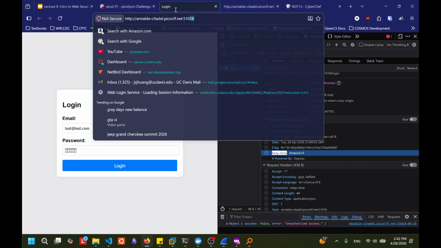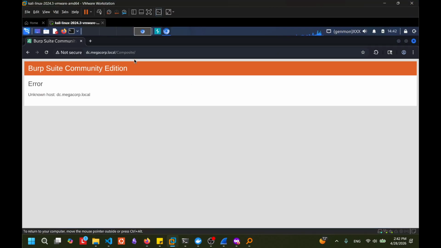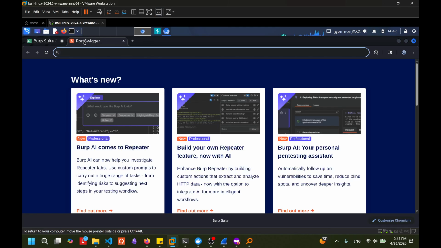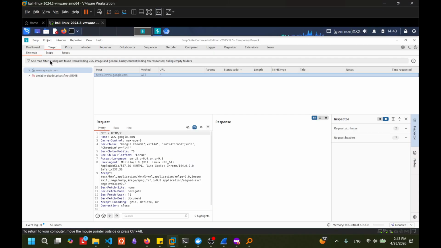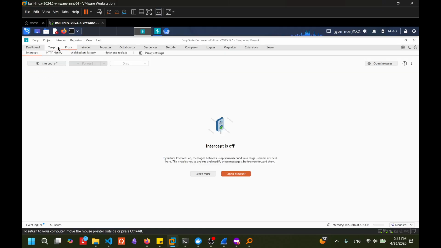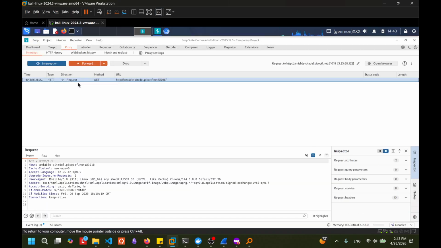So let me just copy and paste this. By default, this intercept will be on, so let me demonstrate what it looks like with default settings. When you go to any web page, sometimes it's a little annoying, and you can set options for it to intercept fewer web pages.